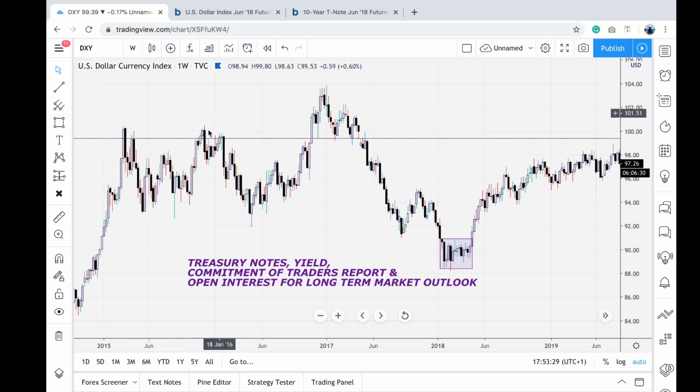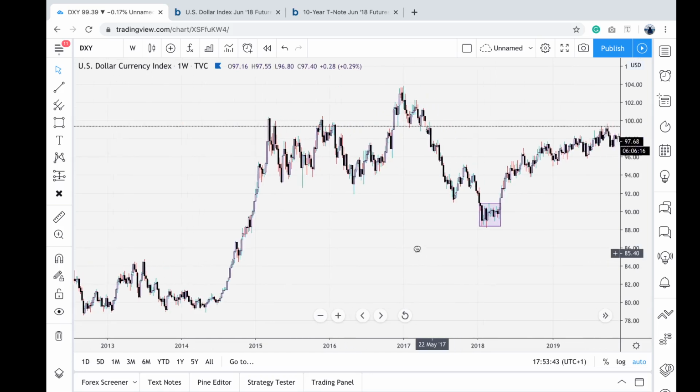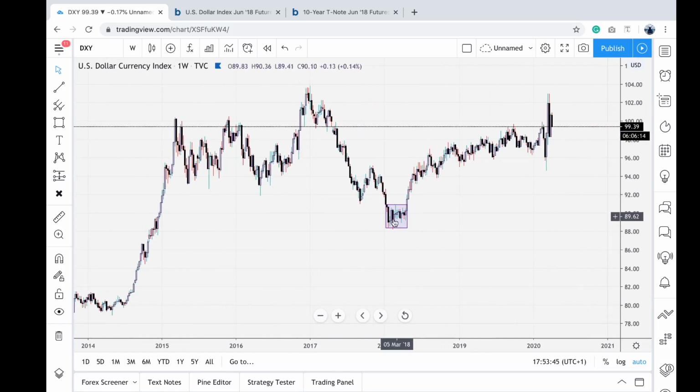Basically, I decided to revisit open interest and COT, and that is what this section is for. So with that being said, let's take this text out of the way and let's look at DXY real quick. So this is a smaller range DXY, and if you look at the outcome from this range, you can see how expansive the market was off of this range, right? So that tells us something on the fundamental basis happened inside of that range to cause the market to basically